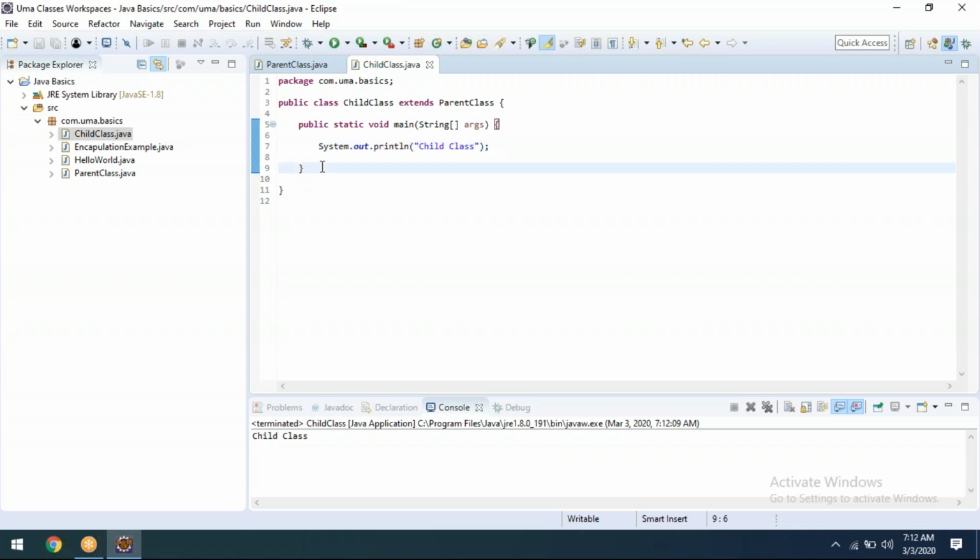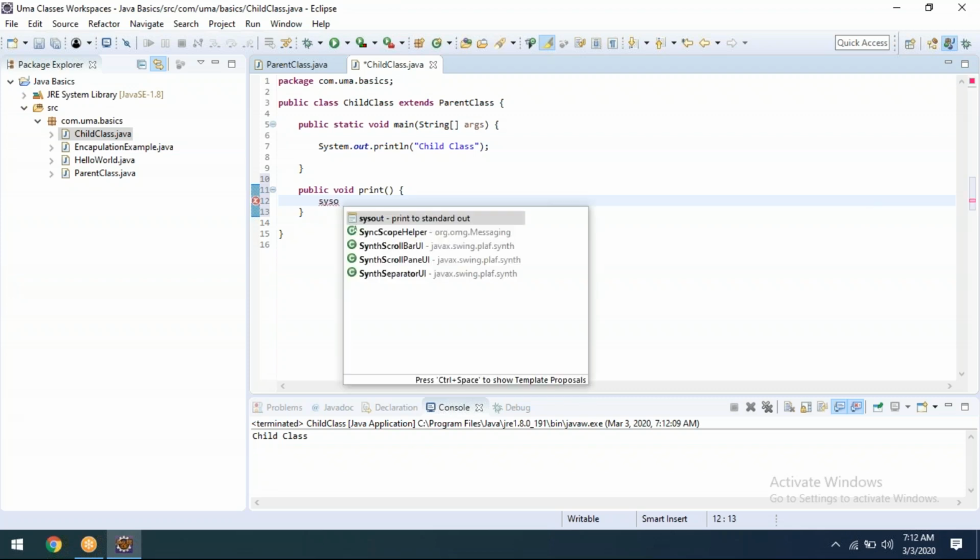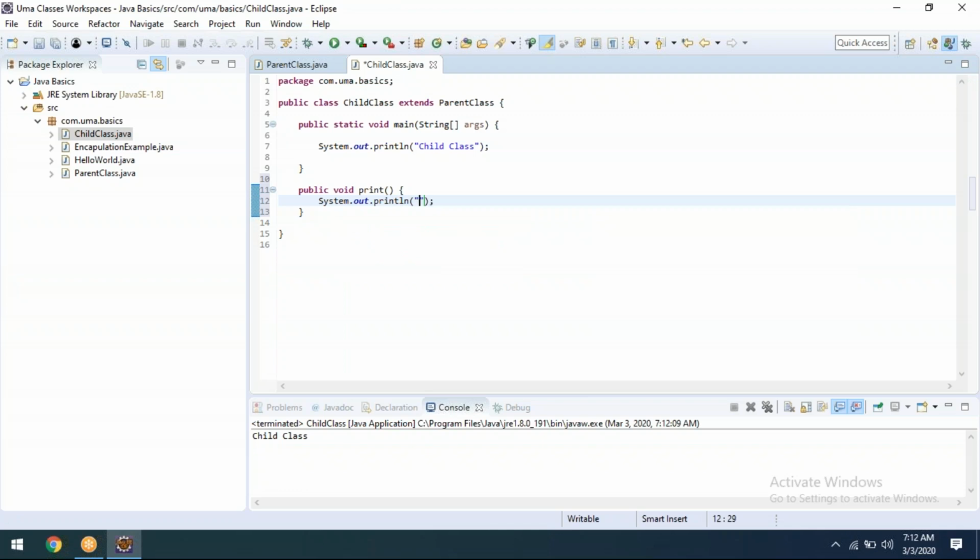Now here, public void, I'm going to write a method, print method. Or any method. I'm taking here print, show, demo, display. These are the minimum methods, and the naming convention is very easy for you to understand. We can take anything, no issue. Here, print method in child class.